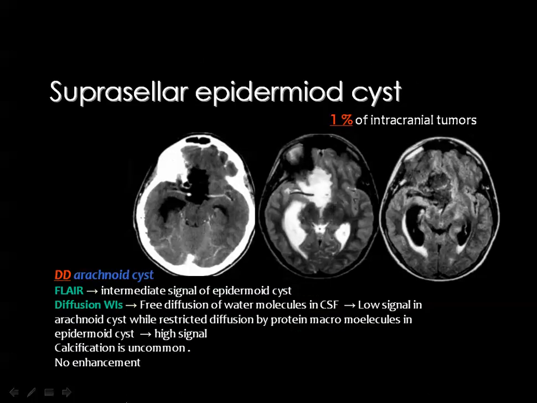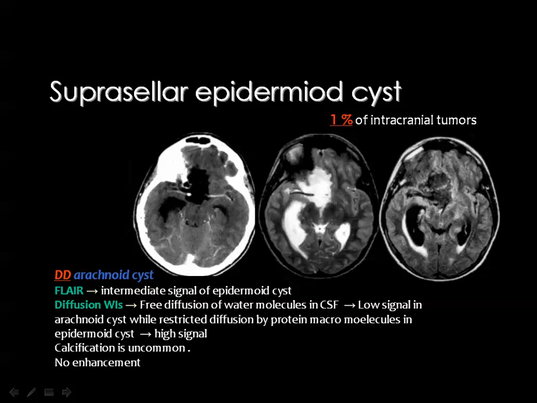Suprasellar epidermoid cyst is also a known lesion in the suprasellar area, and you remember that the epidermoid cyst is a cyst containing fluid like CSF. It will appear low signal in the T1, high signal in the T2, but in the FLAIR images the epidermoid cyst will not show similar signal to that of the CSF because of the different components of the cyst content. Also, you remember that the lesion will appear hypodense, similar to the CSF, on the CT scan. One of the important features for diagnosis of epidermoid cyst is the